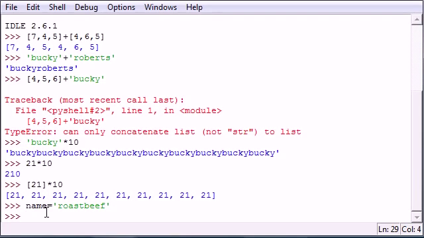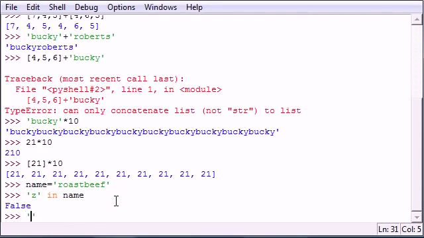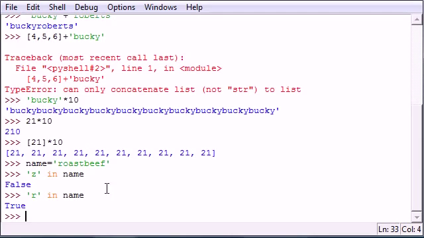Now what are we going to do with roast beef? We can check if certain characters are in roast beef. All we have to do is put the first character you want to check, then press in, and in is a built-in keyword in Python. What it's going to do is take this character and check if it's in name. So is there a Z in name? Press enter. False. Is there an R in the name roast beef? True, because here's an R right here, but it doesn't find a Z. So that is how you can check